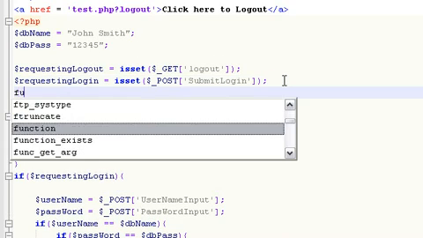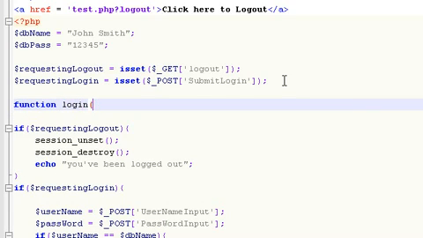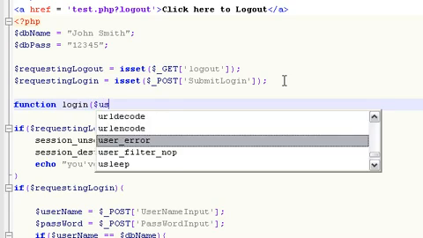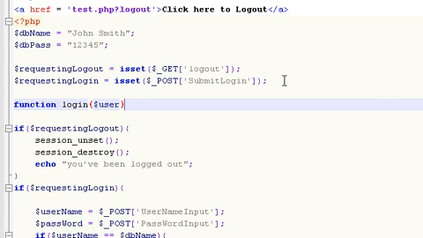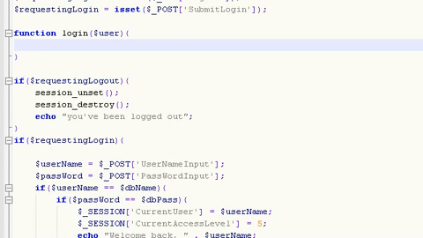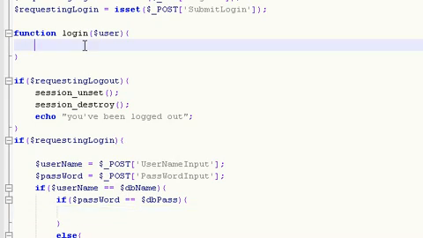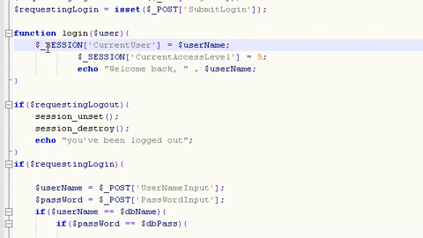Let's make a function login, and we'll actually pass a parameter to it, user, which will be our username. And this function won't return anything. It will just run a subroutine for us here. And let's go down here. In this case, username was equal to database name, password equals password. And let's take all this code out, these 3 lines of code, cut that, paste that,